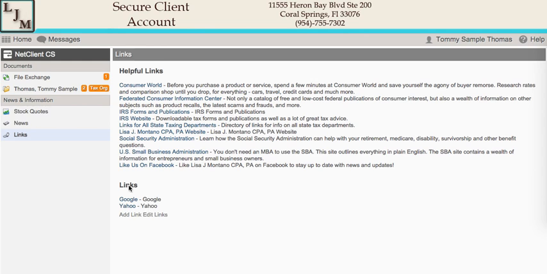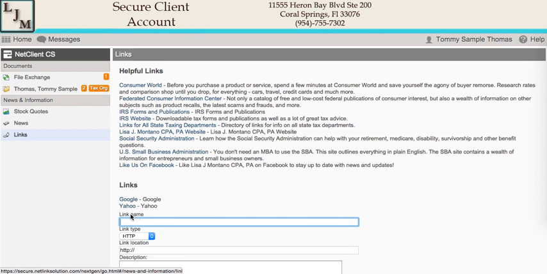Also, down here, under this links, this is where you can save your own links. Let's say you're working inside your portal and you come across a link that you think is very helpful that you want to keep track of for future purposes. You would go down here and press Add Link,